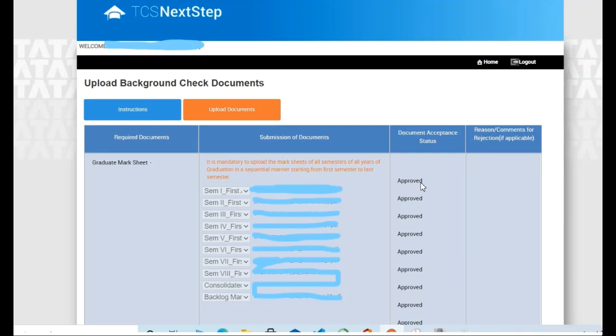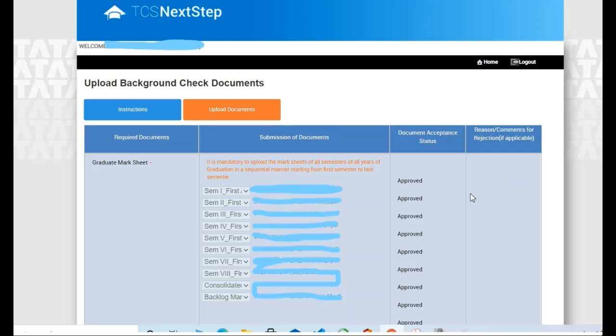And if they find anything faulty in the documents, they'll disapprove the document, and they'll mention the reason behind it here. So make sure you stay updated with all the basic things happening here once you upload all the documents, like what the status is. You keep checking on alternate days or on a daily basis, so that you can get quick update information about the acceptance status, and furthermore you can change your documents if any document is disapproved.